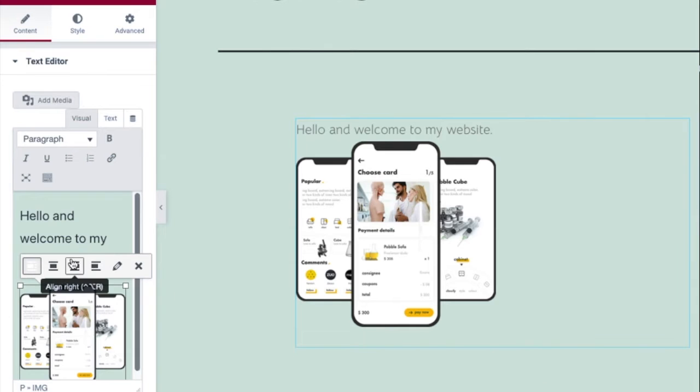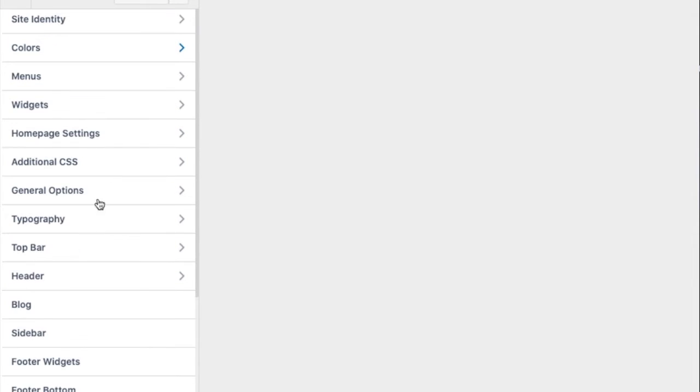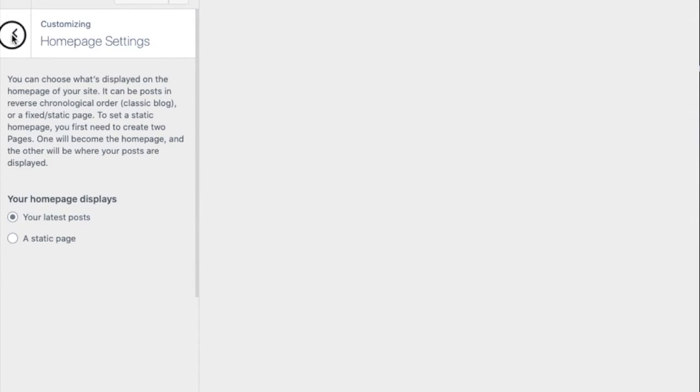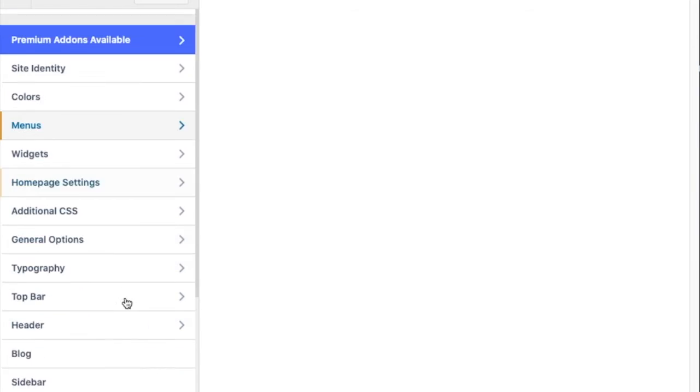Now let me align it to my wish, according to your taste. You will be displayed with all these options, header, footer, sidebar, and many more options. I want my home page to be a static page, not the latest posts.